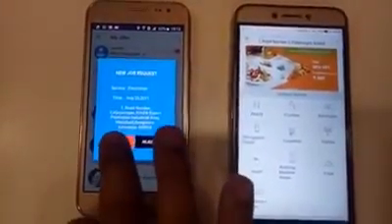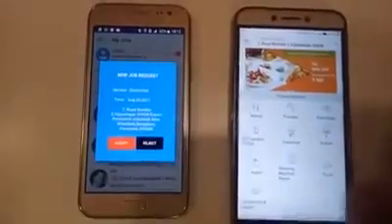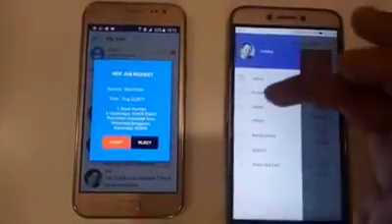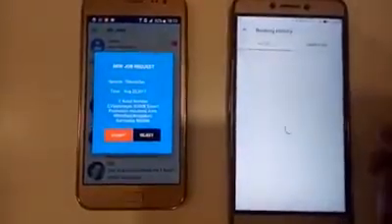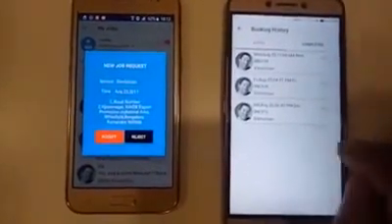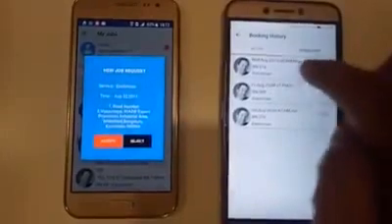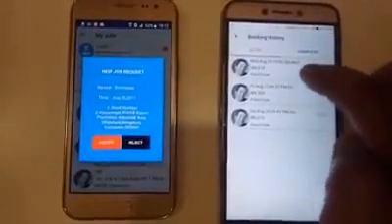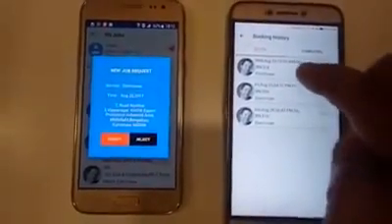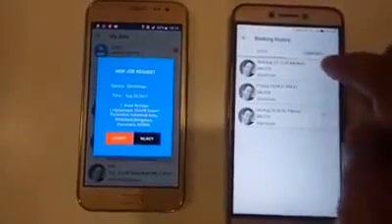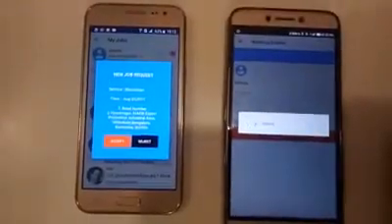Before he accepts the request, I want to show you that you can see this booking in the booking history. This 318, which we have booked, is still in pending status.